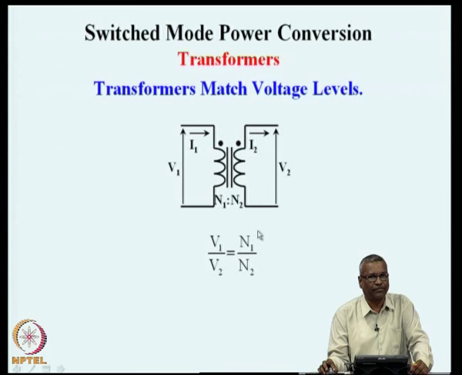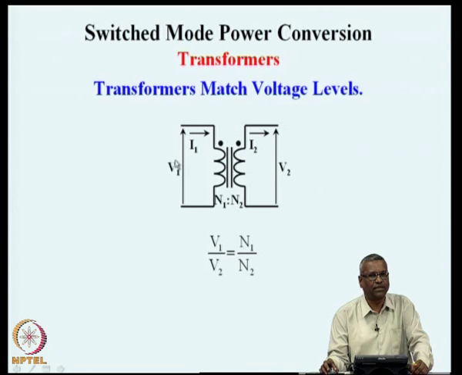Now, one of the fundamental relationships which determines the ratio of voltage on the primary to the voltage on the secondary, V1 by V2, is related to N1 by N2 by this relationship. V1 by V2 is equal to N1 by N2. This is the primary of the transformer with N1 turns. You have the secondary of the transformer with N2 turns, and both these primary and secondary are coupled to each other through a magnetic core which is part of the same circuit, and the excitation is from one part of the circuit.